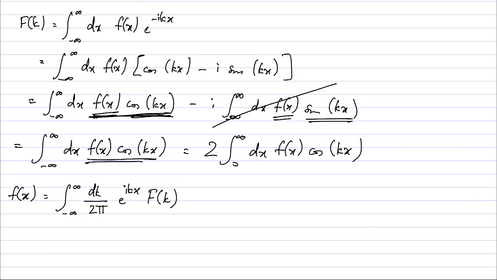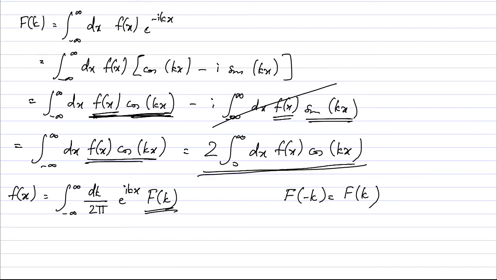Okay, this can be simplified by seeing that this capital F of k is an even function, in the sense that capital F of minus k is equal to capital F of k. That's easy to show by looking at this thing. If you replace k by minus k, of course you get back exactly the same thing, since cosine of kx is equal to cosine of minus kx. So this capital F of k is an even function, and I'll play exactly the same game again. So you have 2 pi and e raised to the power i kx. So sorry, yeah,